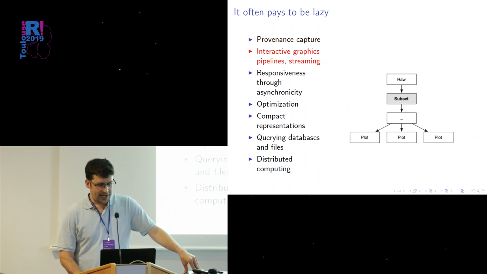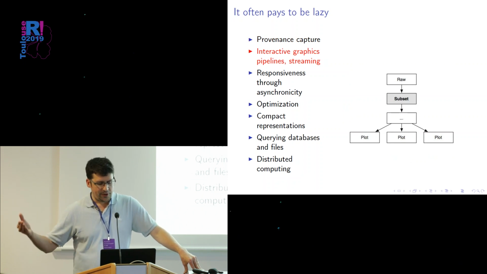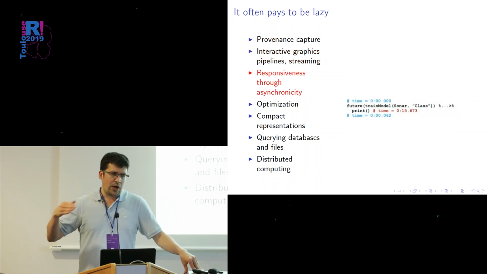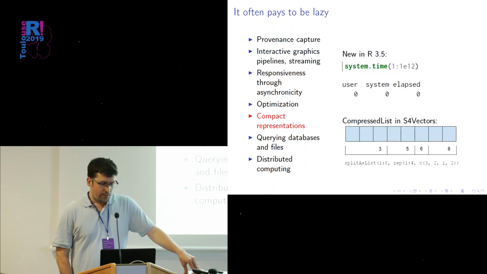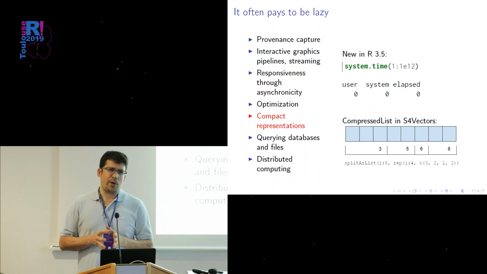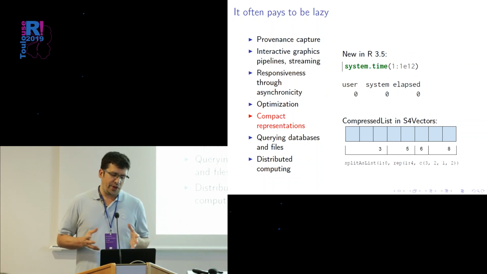We just saw provenance capture. You can build up some sort of pipeline, for example, an interactive graphics pipeline that you could operate on. You could do something where you defer an operation, allow it to operate asynchronously, like the promises package. You could optimize over a structure like the Rengen, our implementation does. You can build up these sort of compact representations, a representation that hasn't really been fully realized